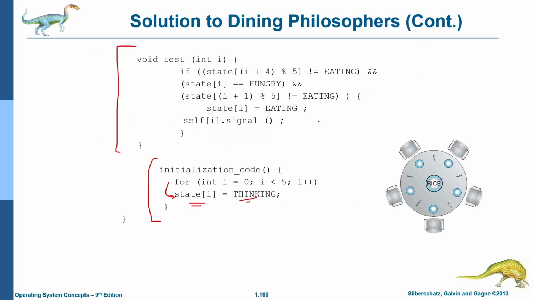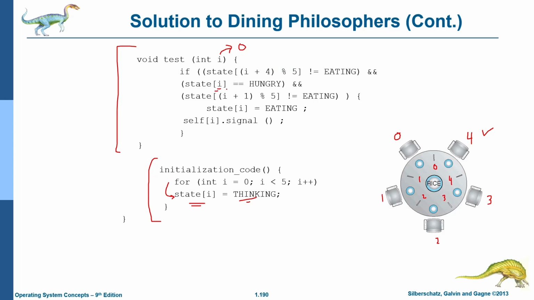ये है टेस्ट का कोड। मैं फिर से यहां पे नंबर लिख देता हूं। ठीक है, ये टेस्ट को कॉल किया गया है आई का वैल्यू 0 देके। ये क्या चेक कर रहा है? अगर आई प्लस 4 परसेंट 5, ये उसका लेफ्ट वाला स्पून है ना? आई प्लस 4 परसेंट 5 क्या होगा इस केस में? 4। आई प्लस 4 परसेंट 5, आई 0 है तो 4 होगा, मतलब फिलोसोफर 4।